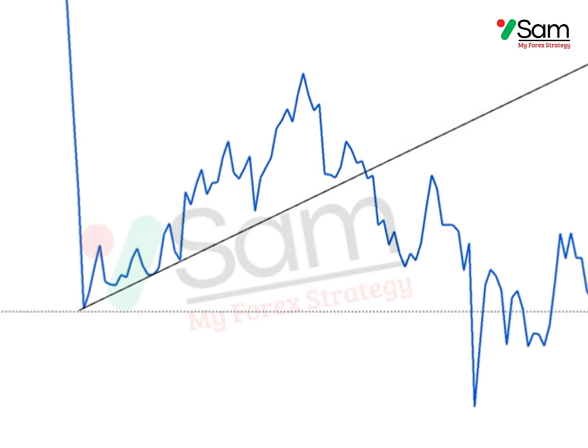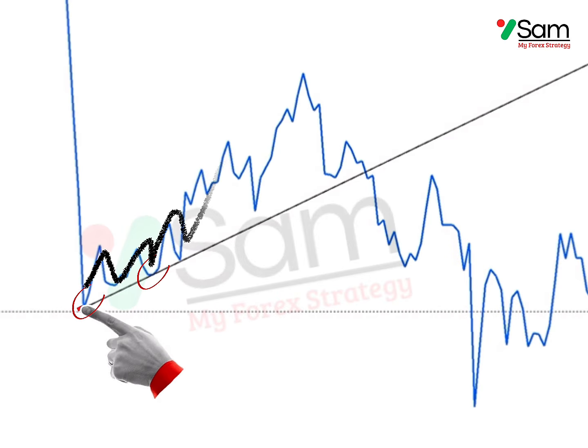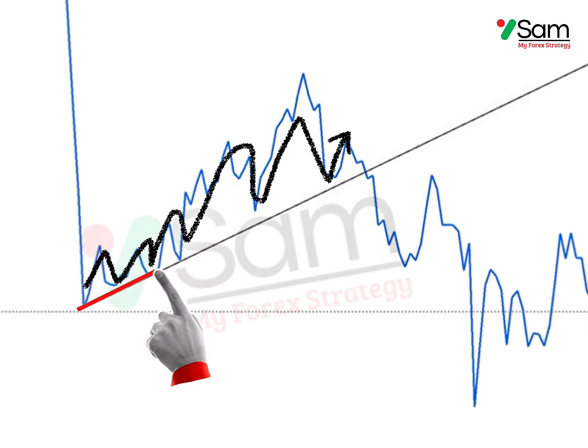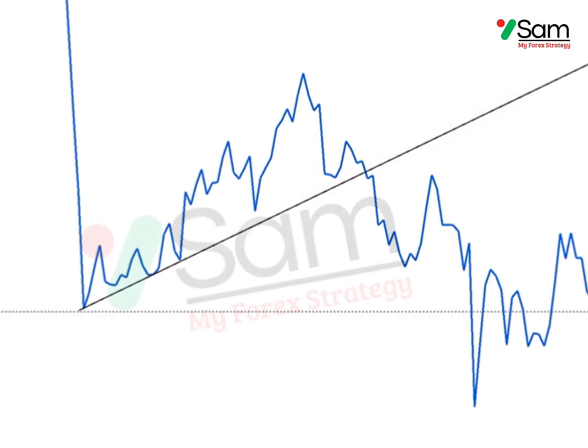Now look at this example. Assume we have found two support levels. Next step, draw a trend line from the first support to the second support. From these two supports, you should already be able to see the market direction. After that, you simply follow the market direction based on the support and the trend line.